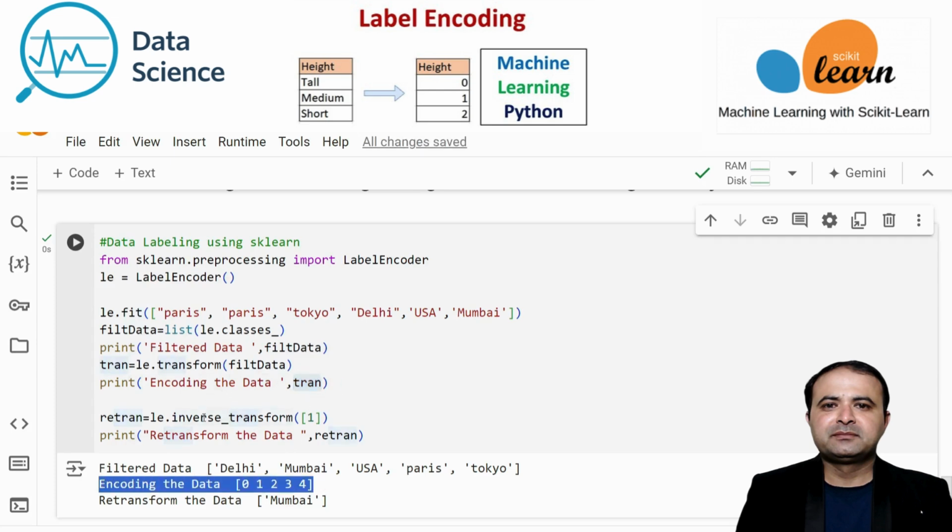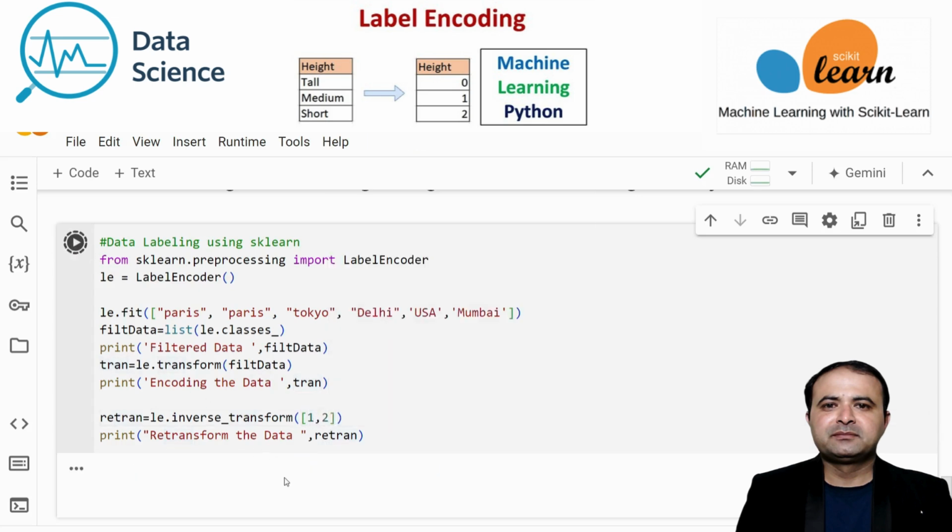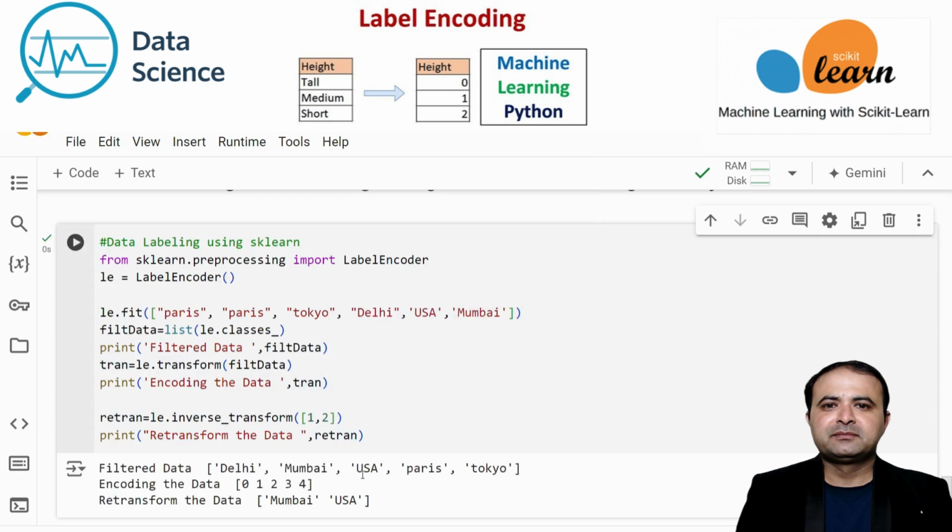Then again I want to inverse the values. If I supply 1, the machine gives me Mumbai. If I give 2, the machine gives the result USA. If I pass this train, which means we have the complete data,